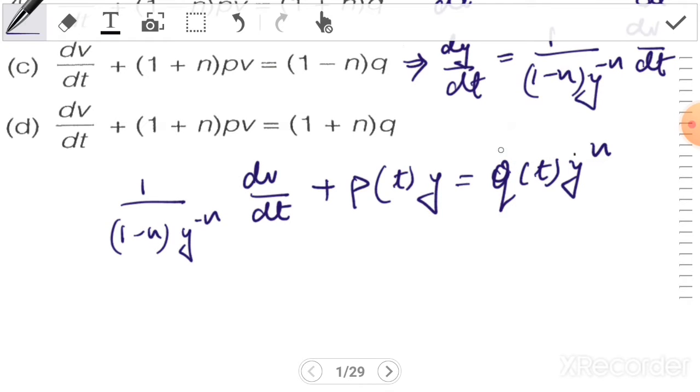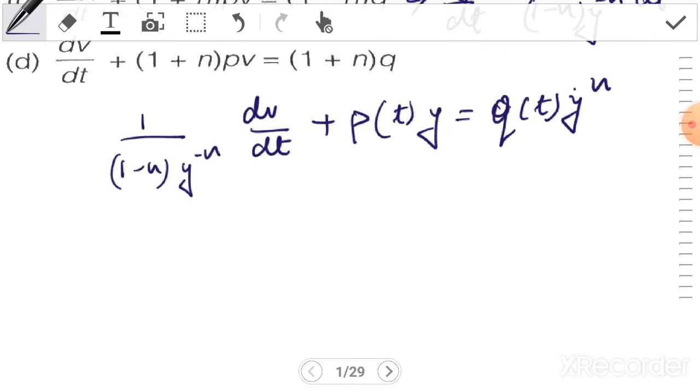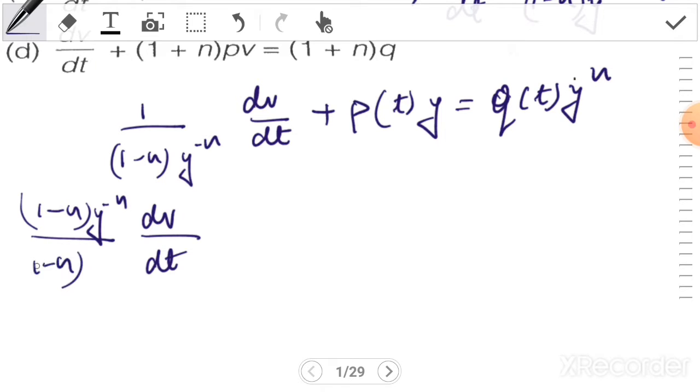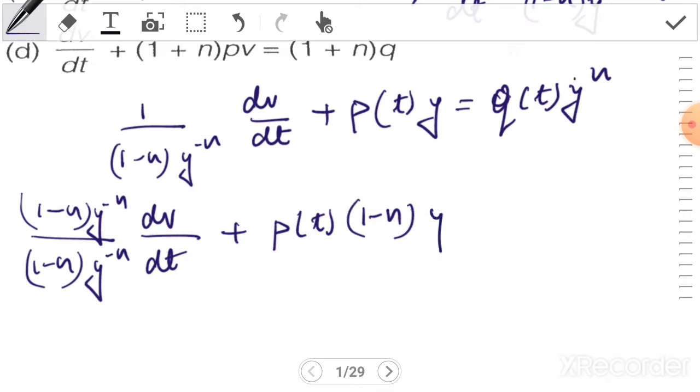Now multiply 1 minus n times y power minus n on both sides. We have dv by dt plus p of t 1 minus n y power minus n into y,